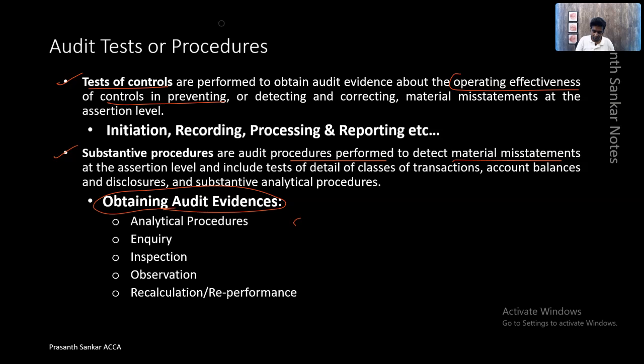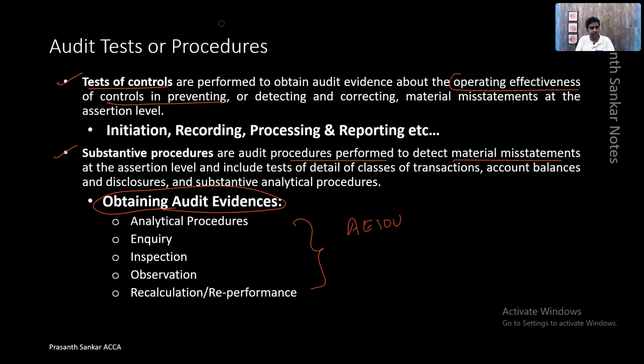The auditor will perform these procedures to collect the evidences. In short form, they are AEIOU. A stands for analytical procedure. Analytical procedure means analysis, for example ratio analysis. Comparisons: comparing the financial data with the financial data themselves, or comparing the financial and non-financial data. That's called analytical procedures. When you perform analytical procedures, you will be able to get a preliminary identification of whether there are any mistakes in the financial statements or not.